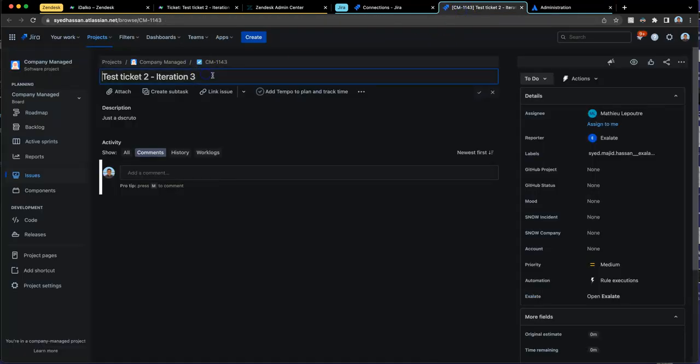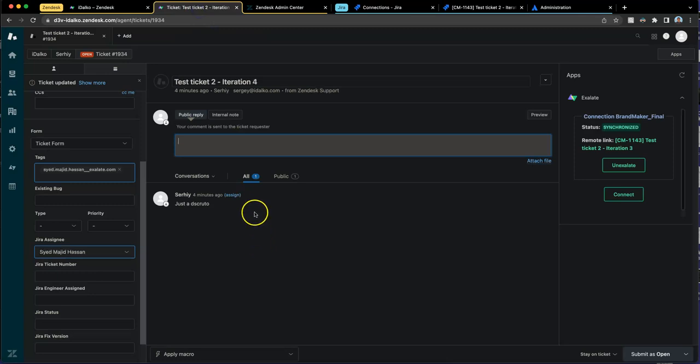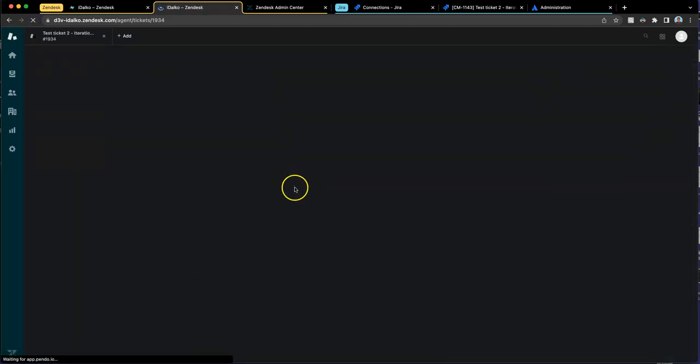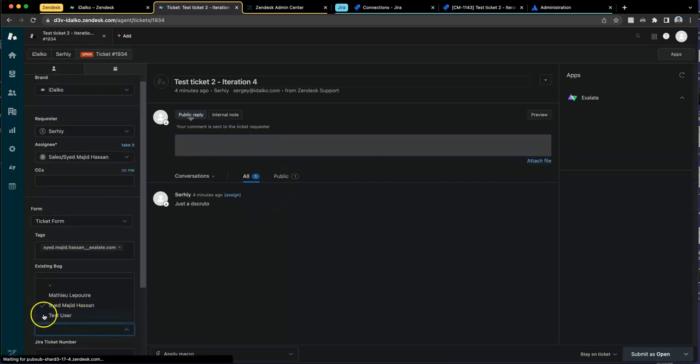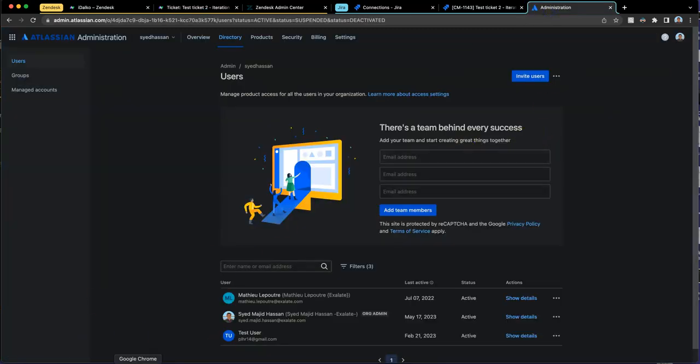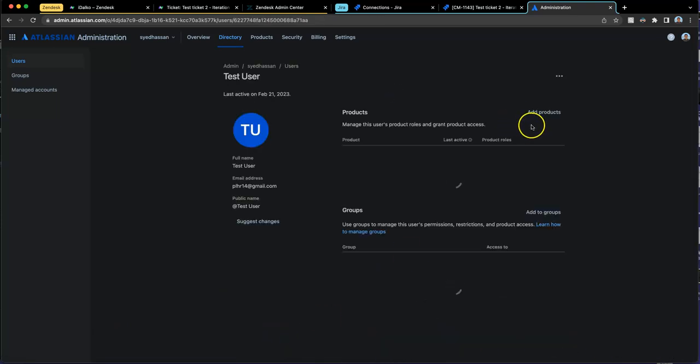So now if I send a change over from Jira, this should take along with it the new payload, which means the new user should now appear on the Zendesk side. Right, so I've got iteration 4, and now let's refresh. And the test user is now active. It is there. So yeah, the use case is that as soon as you add users, it works both ways. So if I want to remove this user now,